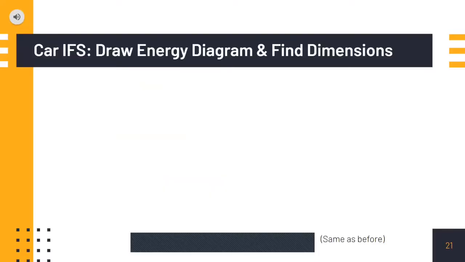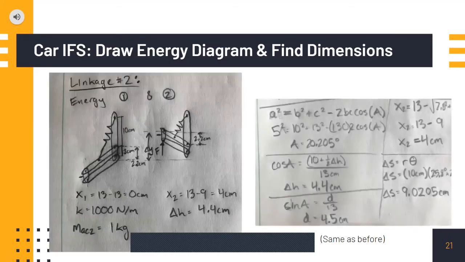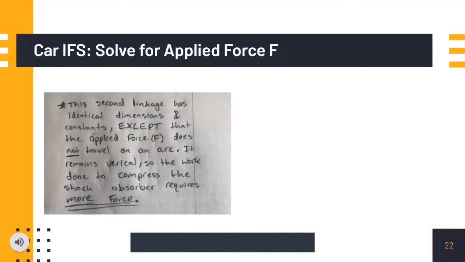To start this problem, we're going to draw our energy diagrams with the uncompressed linkage and the compressed linkage. We'll also need to find our dimensions, our angles, our heights, so that we can plug those into our energy equation. The only real difference